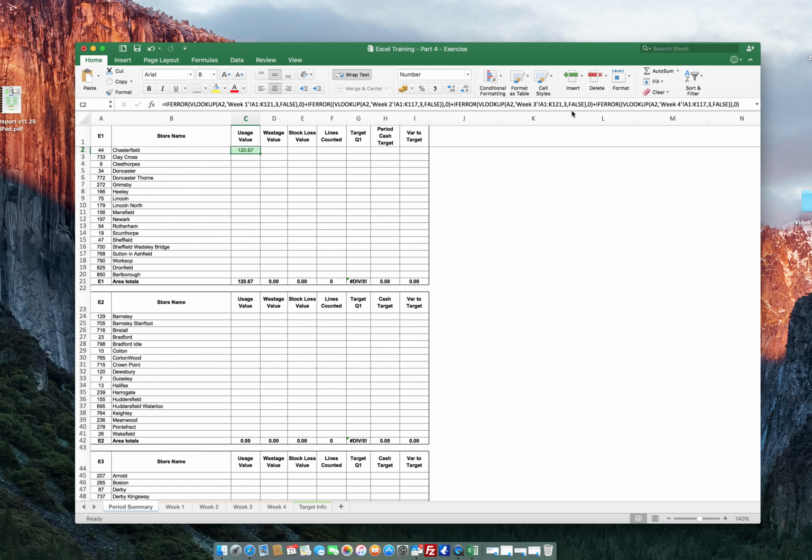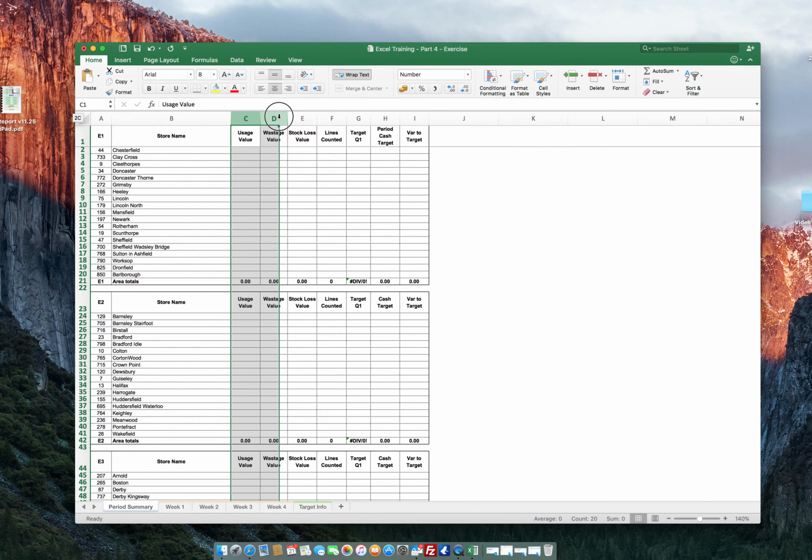So we've got quite a long formula, and as you can see, it can get quite complicated, and it can be easy to make mistakes in and to troubleshoot. Especially, like I said, I created this a good few years ago for all of the area managers, and if I came back to this now, it would take me time to decipher what all that meant, and if there were any changes or errors that needed to be corrected. So perhaps an easier way is just to do some